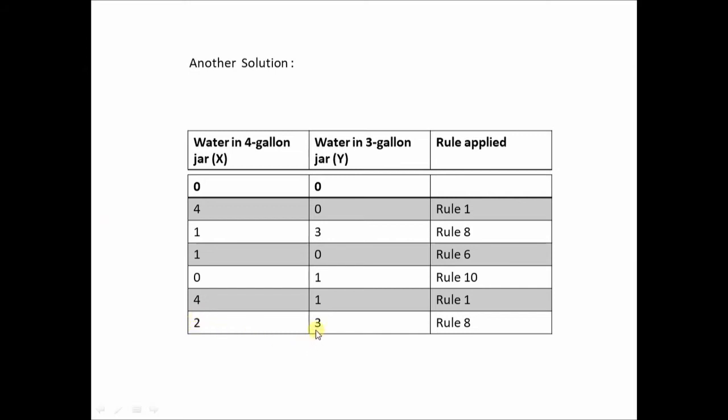Okay, now here I have not shown you another step. You could have even gone one step ahead by just simply emptying this particular 3 gallon jar so that this value becomes 0 and this remains as it is, like what we did in the previous solution. But you can also keep it as it is, because irrespective of how much is present in the 3 gallon jar, our full aim is that the 4 gallon jar at the end of this problem should contain 2 gallons of water, and here it is, right?